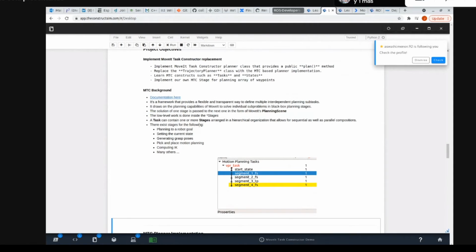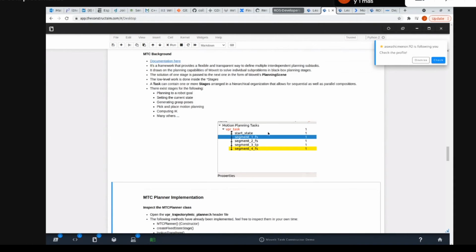In the MTC library, there already exists a number of stages that you can use very easily to do motion planning through a robot goal, setting the current state, generating the grasp poses, pick and place motion planning, or computing IK, and many others. For this application, we'll be using the first two, the planning to a robot goal and also setting the current state. This chart here shows more or less the depiction of our application's MoveIt Task Constructor